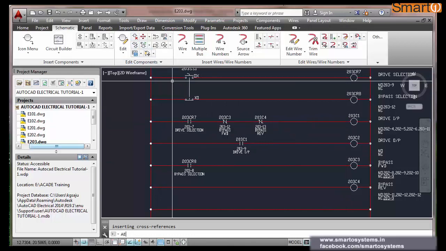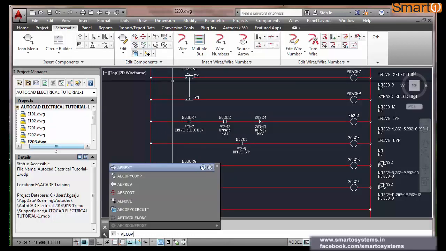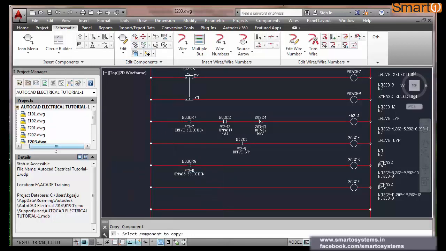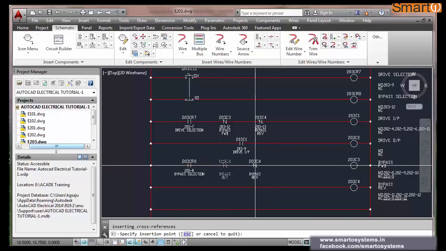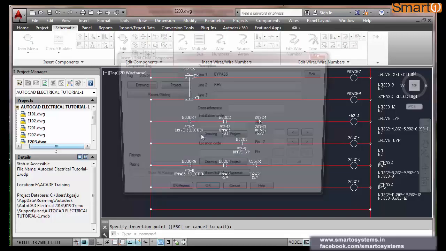So again copy component. Copy component. C4 should be off. Okay. And here C1 also should be off.